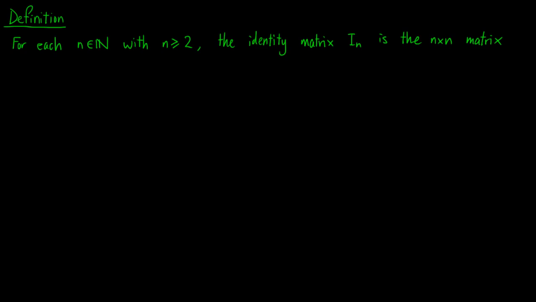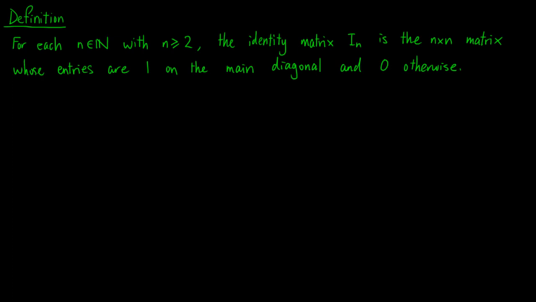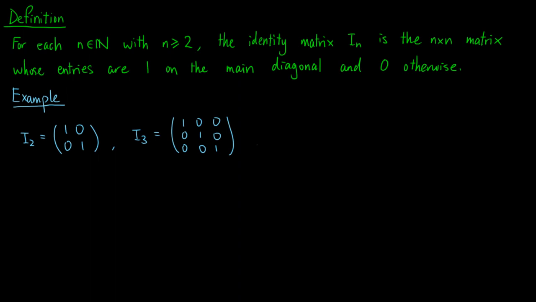Now, let's look at a definition which we will use in the following theorem. For each positive integer n where n is greater than or equal to 2, we define the so-called identity matrix, denoted by I subscript n, as the n by n matrix whose entries are 1 on the main diagonal and 0 otherwise. For example, I2 is the matrix 1 0 0 1, I3 is the matrix 1 0 0 0